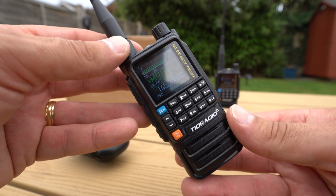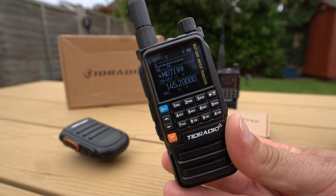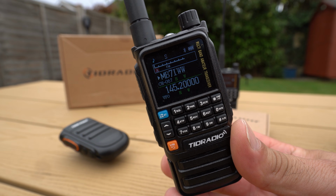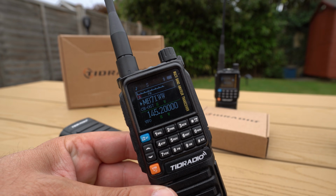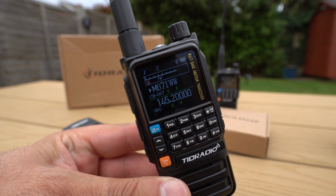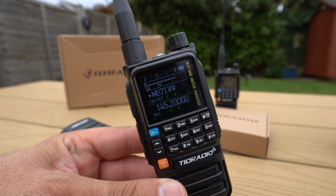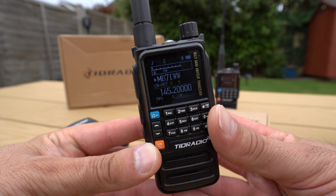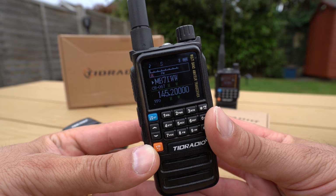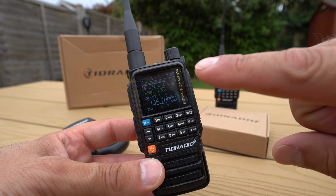But there are a few key differences between this new model. It's not just a facelift, it does contain some really useful new features. And as I was saying, the original TD-H3 was great because you could program it via Bluetooth, and that was all very well and good, but a lot of people wanted to be able to connect Bluetooth headsets and things like that, and sadly that couldn't be done. But anyway, TID have been listening to feedback over the past year, and they've now upgraded the Bluetooth module in this. This one has Bluetooth